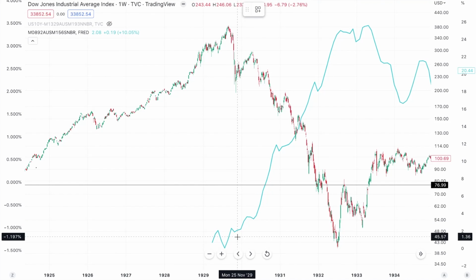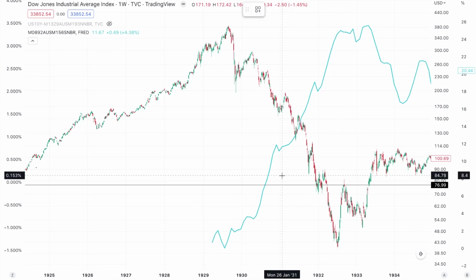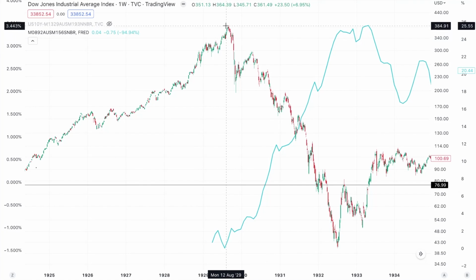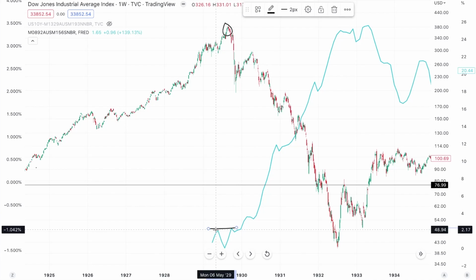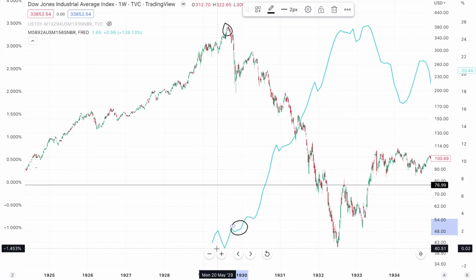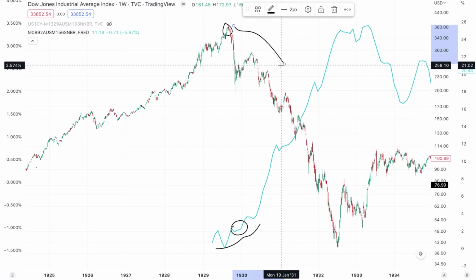Now, really, the big answer lies in the unemployment rate, right? If we go back to the unemployment rate during the Great Depression, and again, there's limited data on this, and you can see the data set only starts in April of 2009, but you can see leading up to the market top in September of 1929, it was low. The unemployment rate was hovering between around 1 to 2%, and it wasn't until October of 1929 that you really started to see the unemployment rate rise, and that is when the stock market decline began.